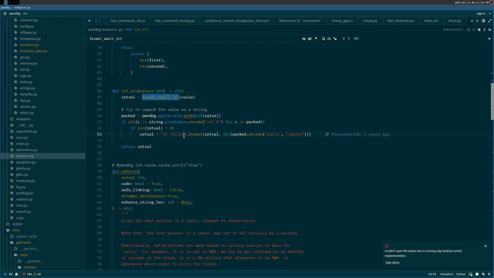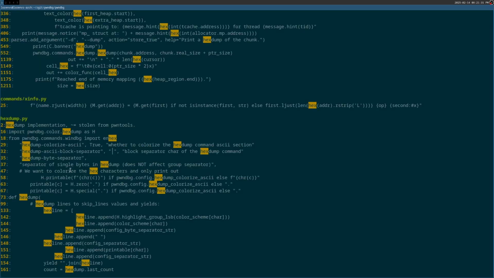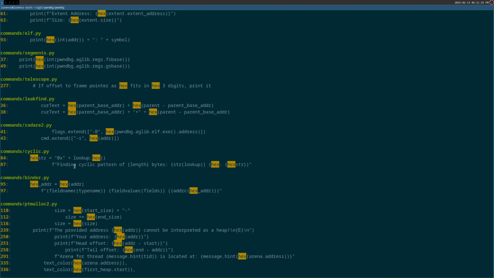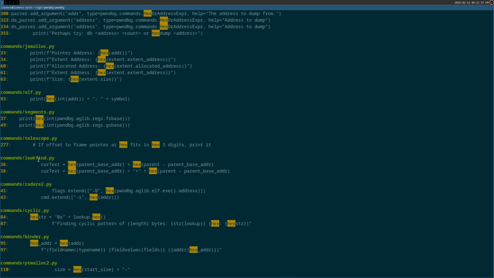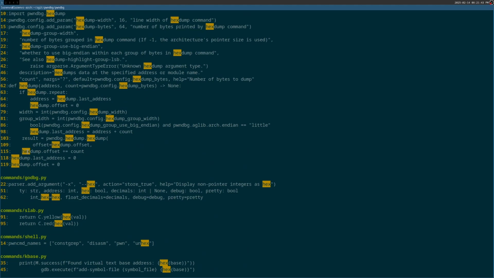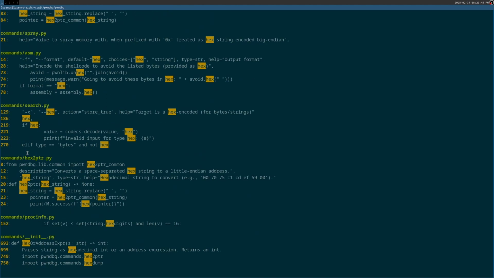Okay. So this is seeing if the value has a corresponding string value. Let's go jmalloc. So I'm checking to see whether